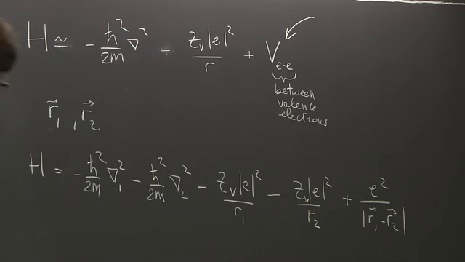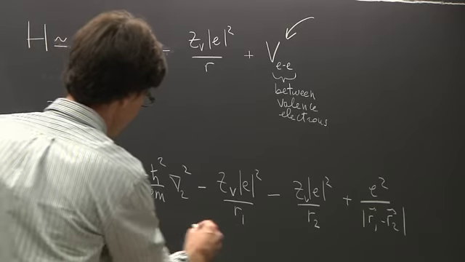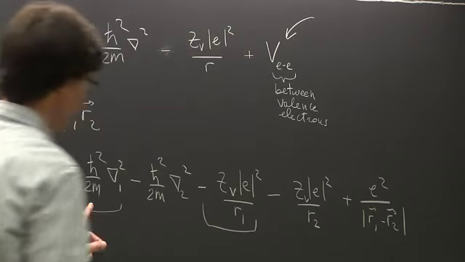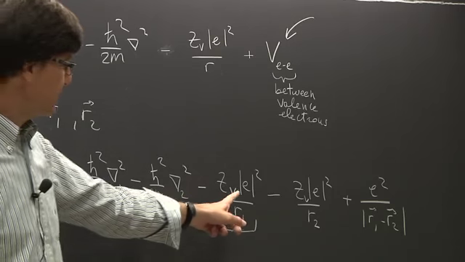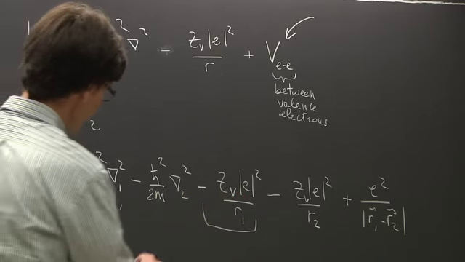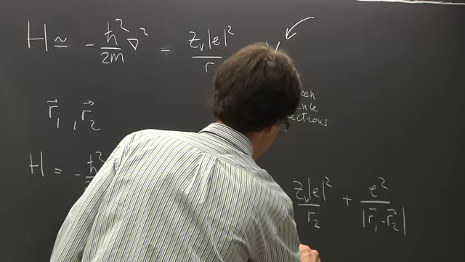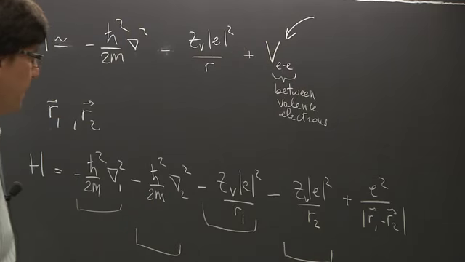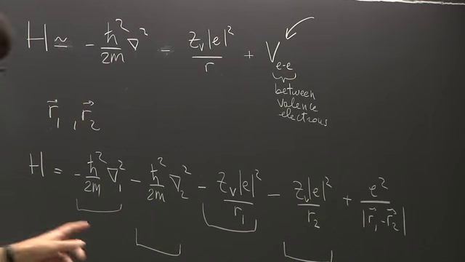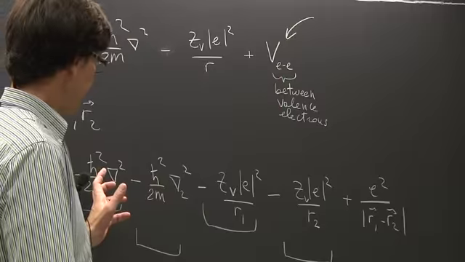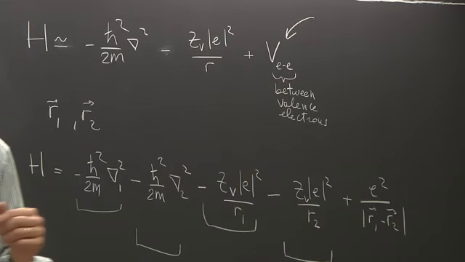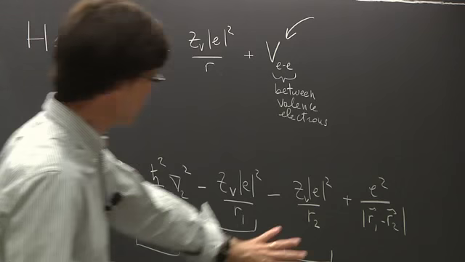Now, clearly there are pieces like this plus this, which of course correspond to the Hamiltonian of particle 1 in this field. Similarly, I have this piece and this piece here, which are the Hamiltonian of particle 2 in the field of the nucleus. But as soon as I introduce the interaction between 1 and 2, I cannot decouple these two Hamiltonians any longer. If this was absent, if there was no interaction,